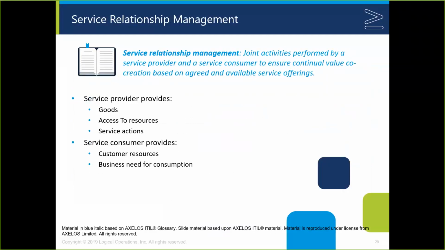Service relationship management then begins to describe at a high level joint activities between providers and consumers. You could begin to allude to things that they're going to see later on as part of this conversation if you wanted to: that a service desk practice might serve as an operational liaison here, that a service level management practice might serve as a more tactical liaison, that a relationship management practice might be a more strategic liaison. But eventually we want proper collaboration between providers and consumers, to make sure that we're doing the right things to help them enable the outcomes that they want.